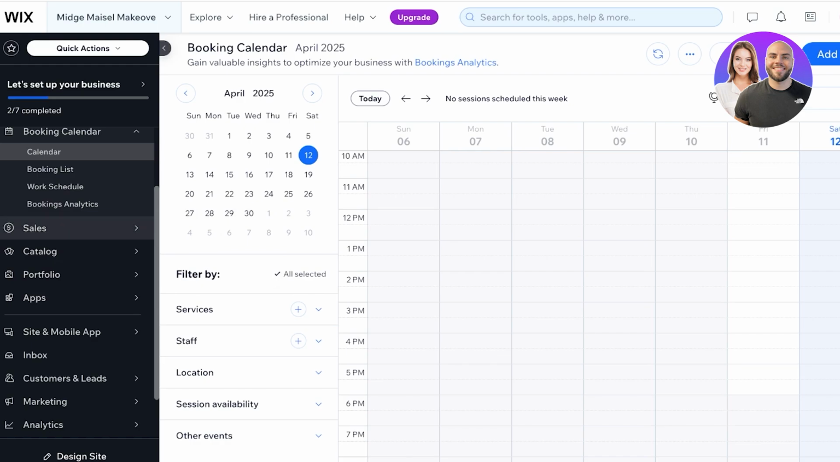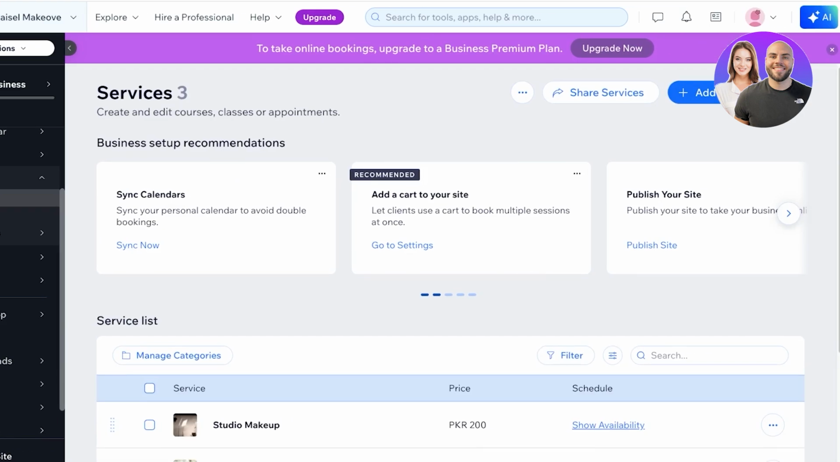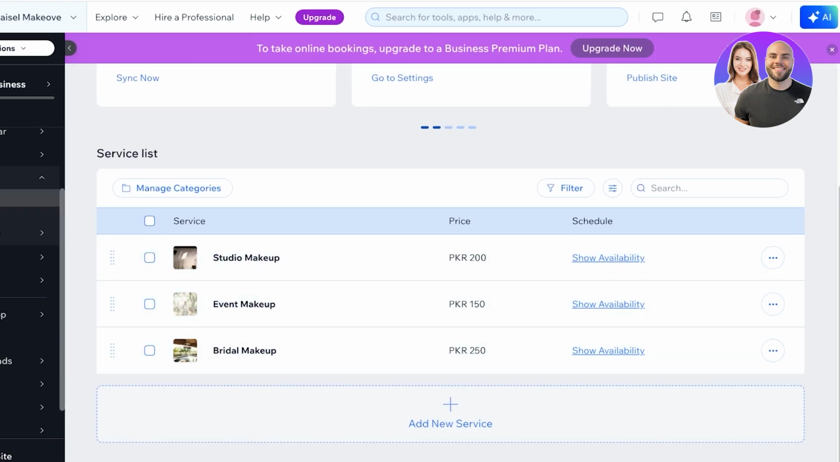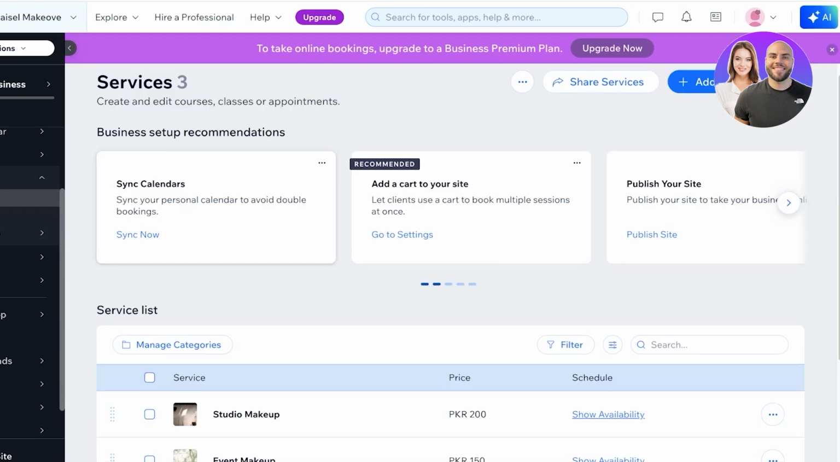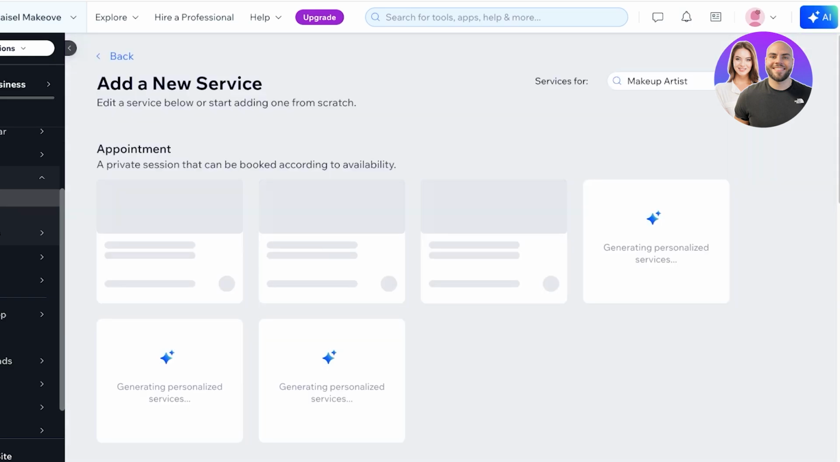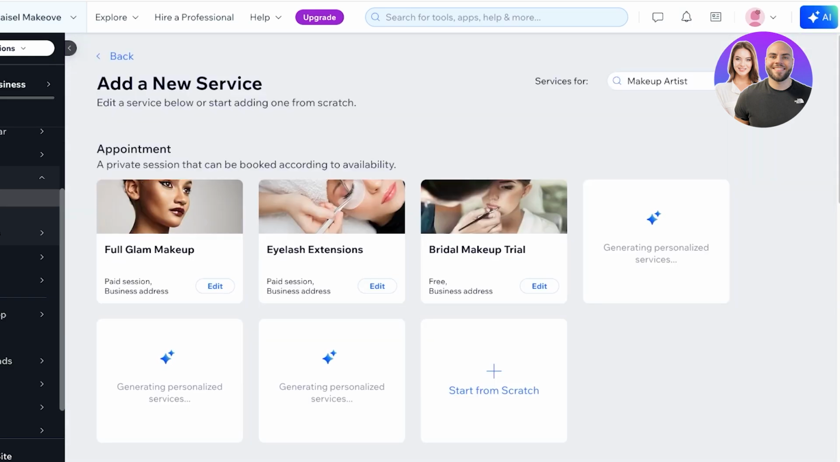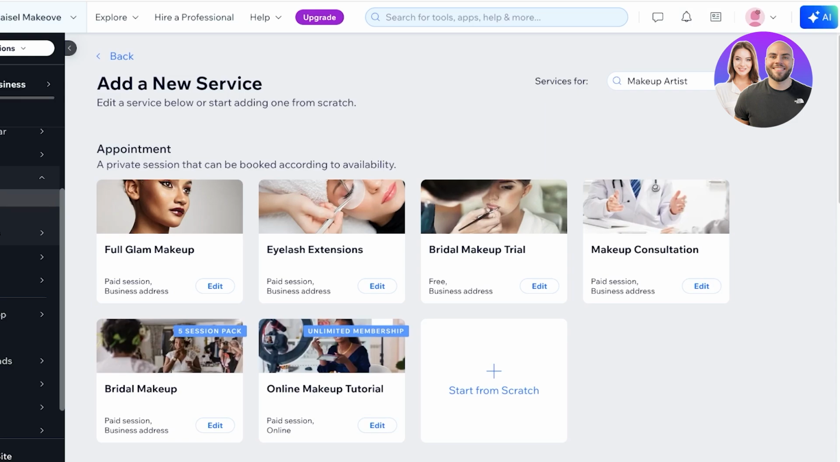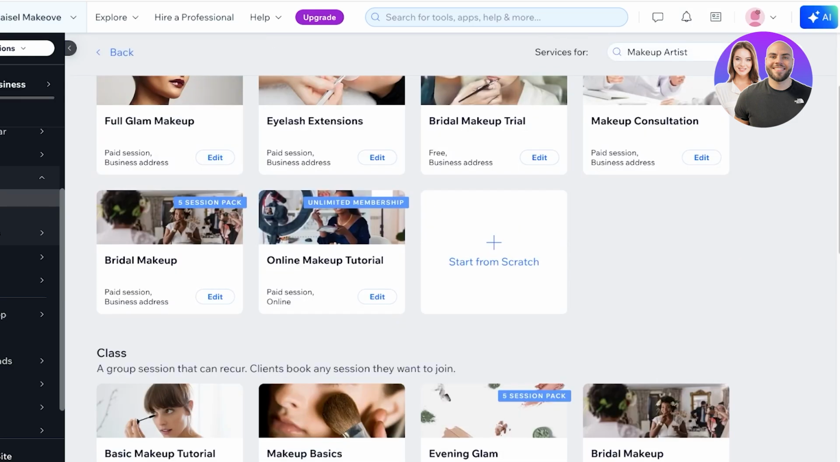So you're going to go into catalog and then click on booking services. You guys can see 3 services have been created by default. To create a new service, you're just going to click on add new service. Once you click on add new service, choose the service that you want to create. You guys can see that we have different types of appointments that are being suggested, but I want to create